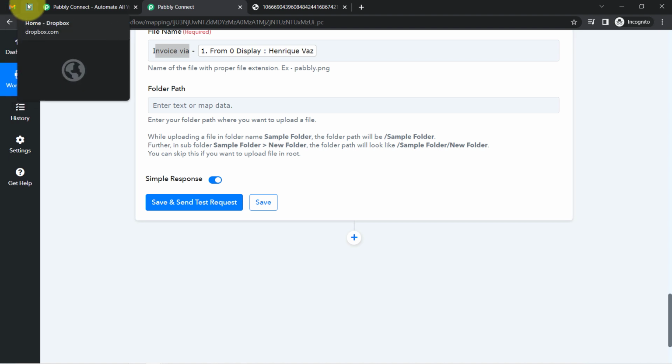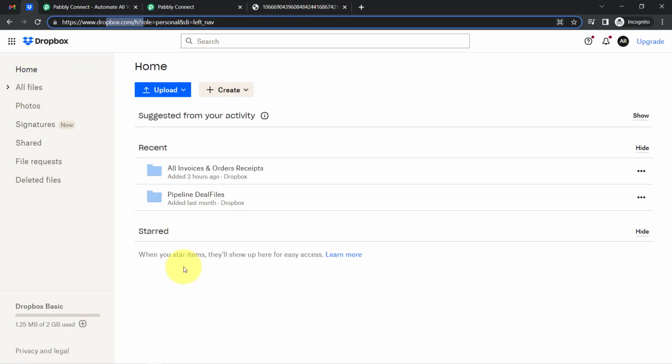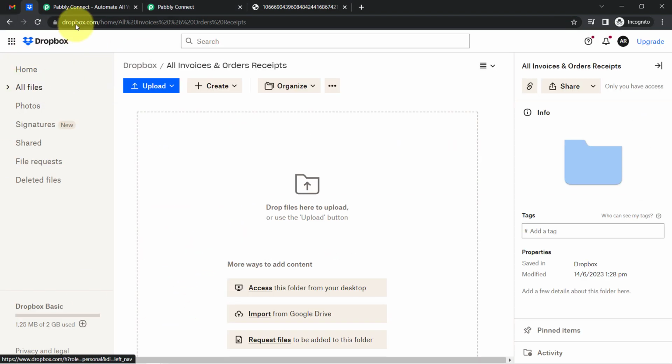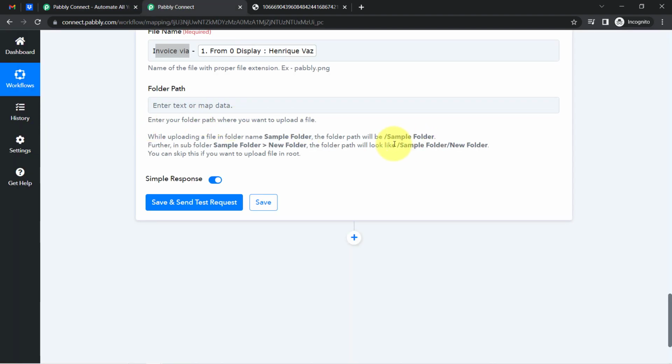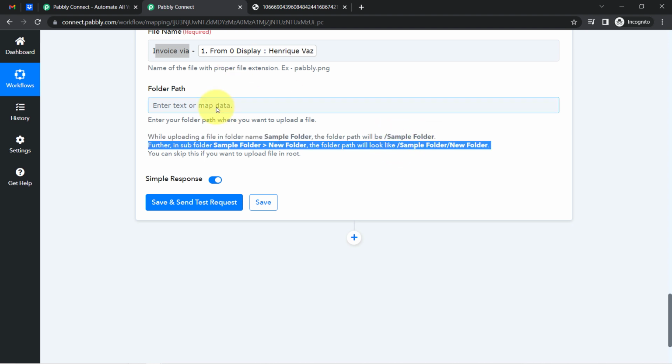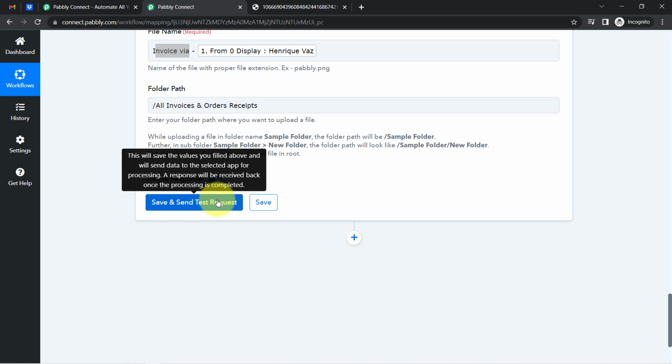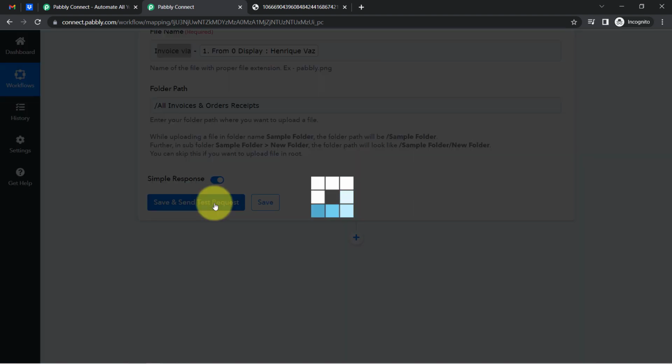Asking for the folder path. Let me first open this folder in front of you, and here you can see we have the folder name as this. How about I directly copy this folder name along with the slash, because it is clearly mentioned in the instruction that you have to provide the folder name in the same way. Let me do that, and I think I have done all the steps. Now I am clicking on the save and send test request button